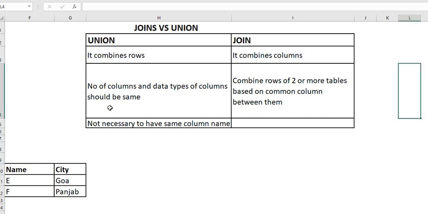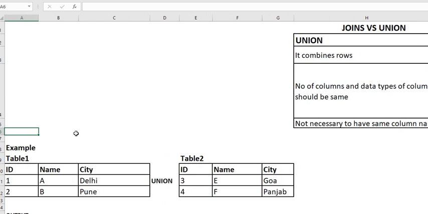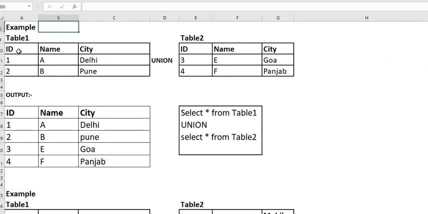So let's see an example of join and union. Here I have two tables, table 1 and table 2. If I apply union between the two tables, it combines rows, meaning it increases vertically like this.